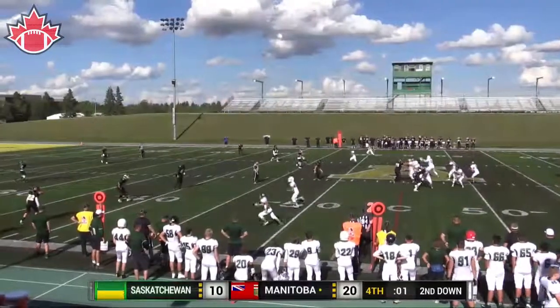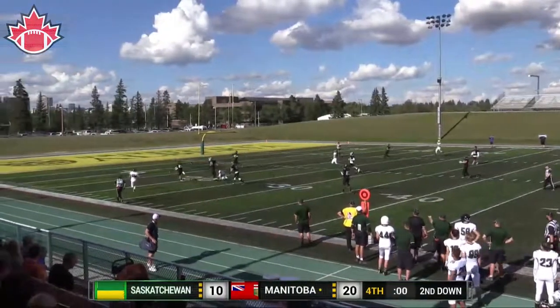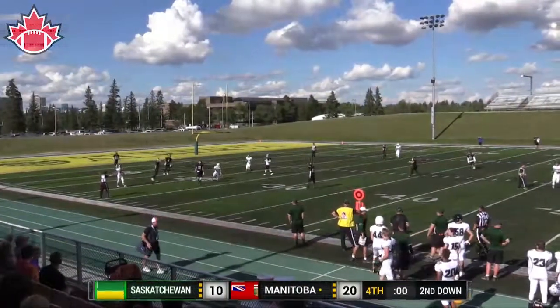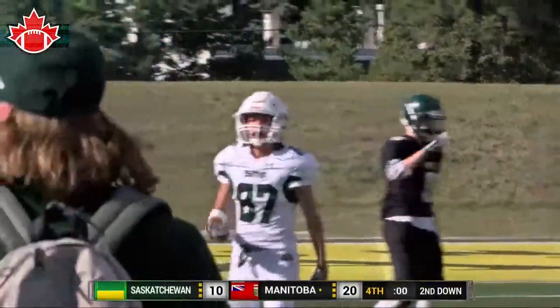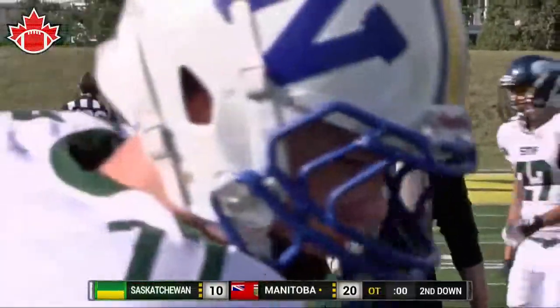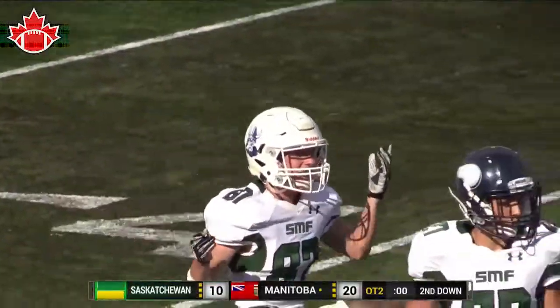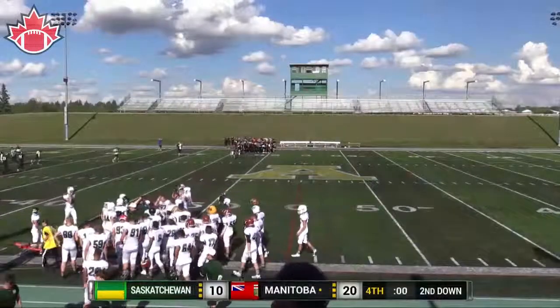Negus Lewin, the big star. Here's Zakic, final play of the football game, deep down the near side, and the pass falls incomplete. No flags on the play, and Team Manitoba has come away with a 20-10 victory over Team Saskatchewan here in Game 1 of the U16 Western Challenge here on